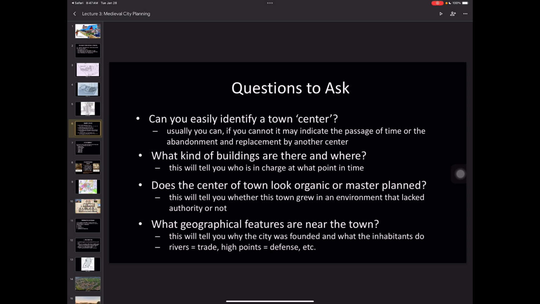Because that's going to tell us when the city was founded, why it was founded, and what their inhabitants do. So if we think all the way back to Sumeria, to our very early lecture last semester, or even the Egyptians, remember that all of them sprang up around rivers, because rivers allow you to have crops and they allow you to trade, right? You can use the river as a means of transportation. So if our city is based on a river, we know that trade and agriculture are going to be pretty important. So we can assume that a great majority of them are going to be farmers.